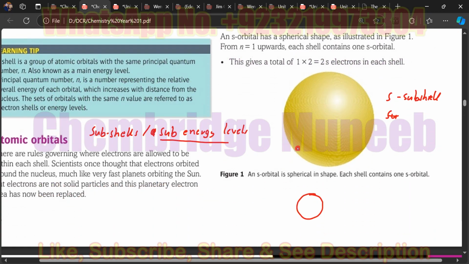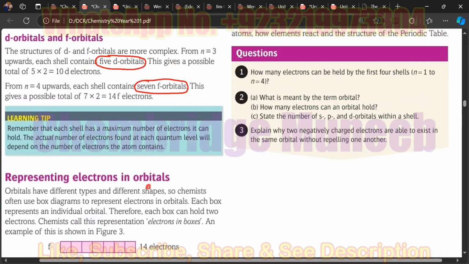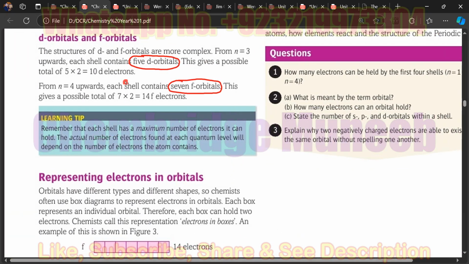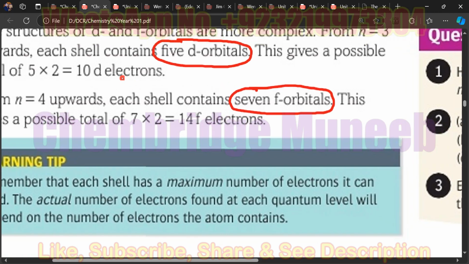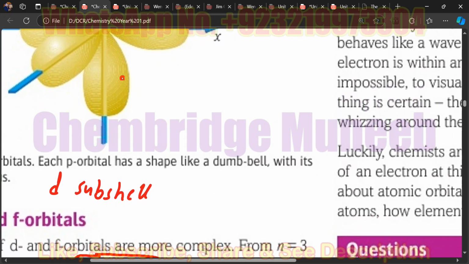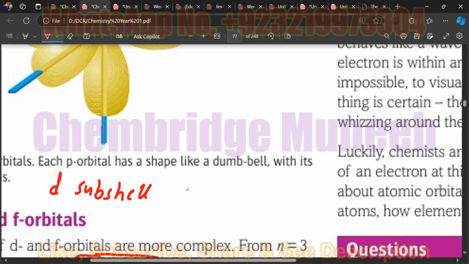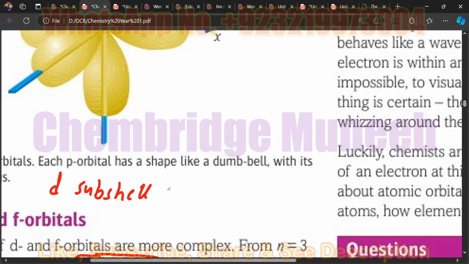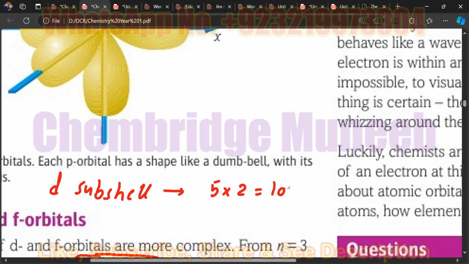Anyways, the other things are the same. So if there are 5 orbitals in the d subshell, can you tell me how many electrons will be present in the d subshell in total? 10. Very good. Since there are 5 orbitals and each orbital contains 2 electrons, there will be 10